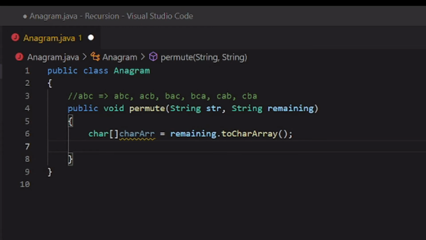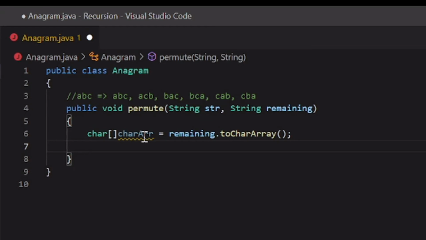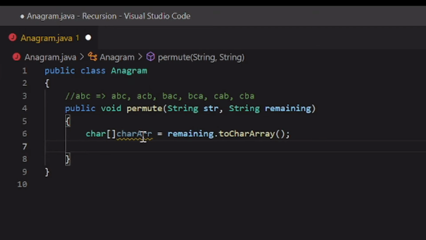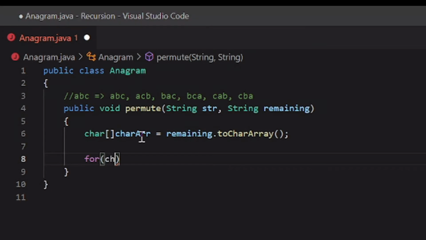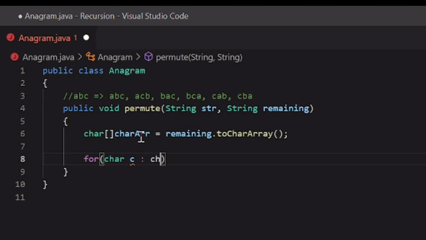Once we do that, we need to iterate through it. We definitely need a for loop, but not the way we just saw in the beginning. We are not going to be iterating to find each and every single character; we'll be using recursion for that. But initially, we need a for loop to iterate through the characters that are there in it, because that is going to be the building block for the anagram. So for character c in charArray,